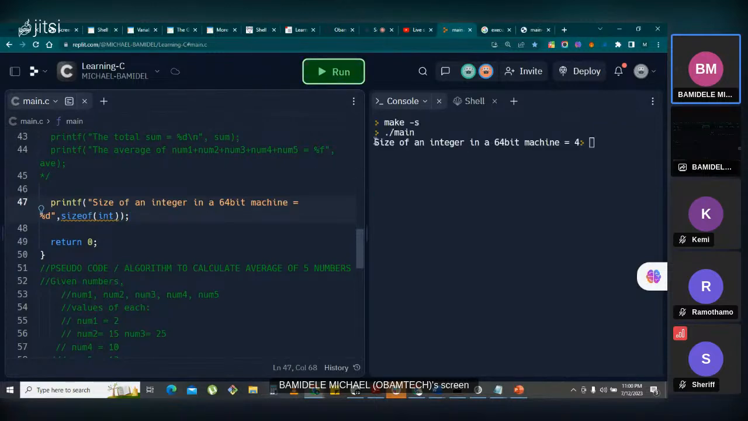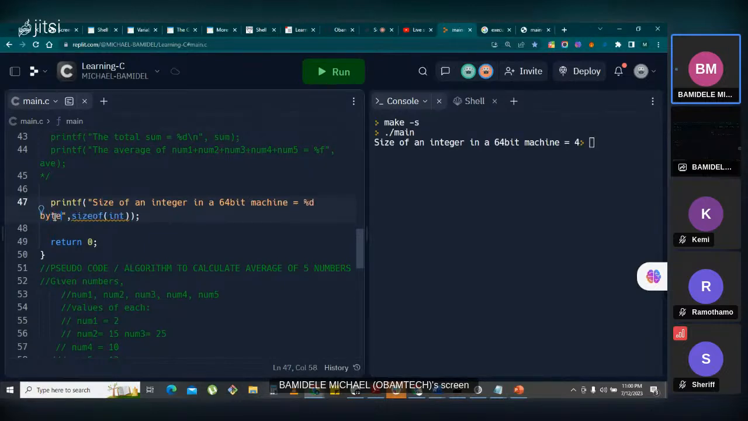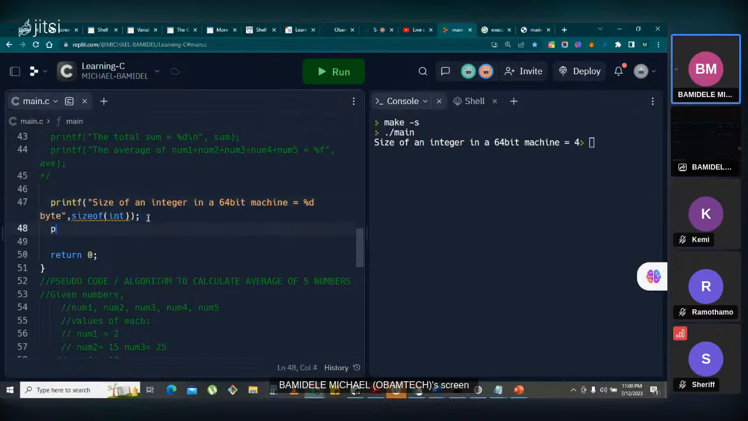you can see the size of an integer in a 64-bit machine is given as 4 here. I don't know the methodology this compiler uses, probably it is referencing my machine. So 4 bits, 4 bytes, sorry, not bits. Okay, so 4 bytes. If I go on and say printf